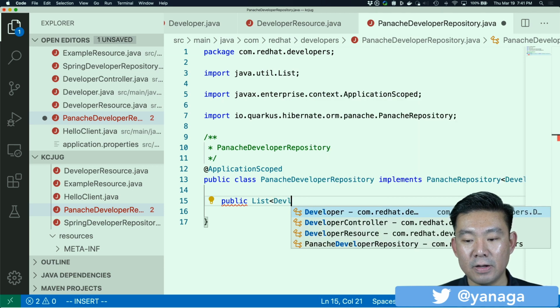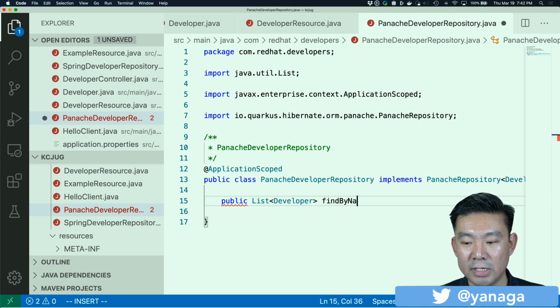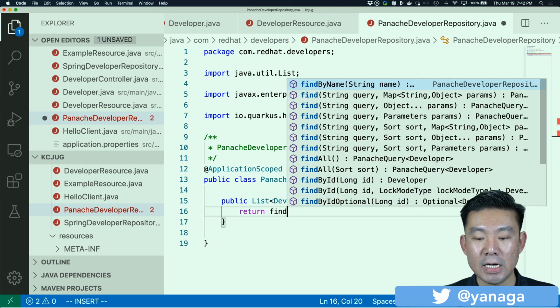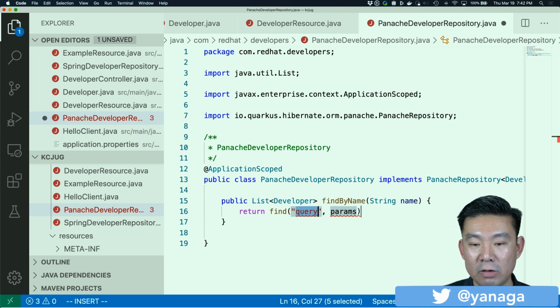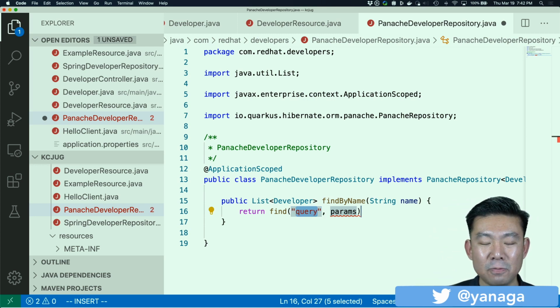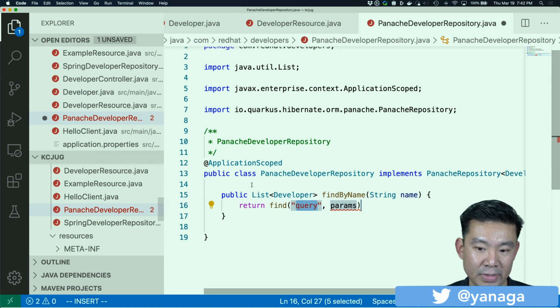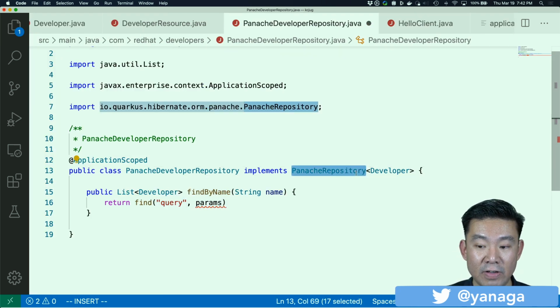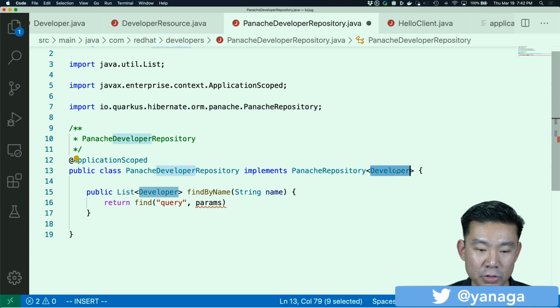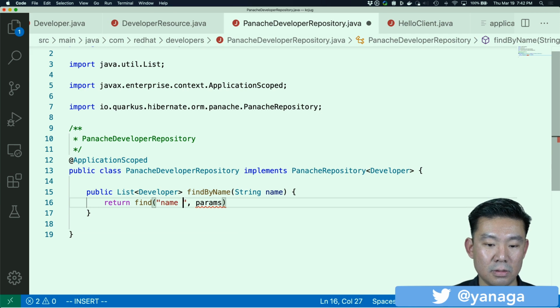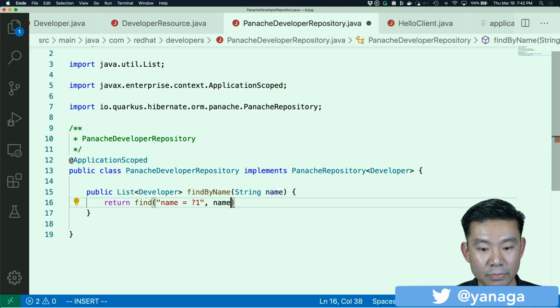So if you want a custom finder method, you can use public List of Developer, let's say findByName, String name, and I just have to return a custom query. Return find. And here I would need to provide a JPQL query, and you know JPQL can be boring because it's select something from Developer d where d.name equals something. But Panache knows that if you're in the developer repository and it's a PanacheRepository of Developer, you are querying Developer, so you can omit everything, just say that name equals this parameter, and you say that the parameter is the name. Okay, .list,